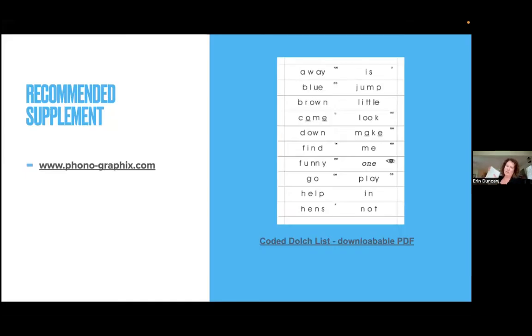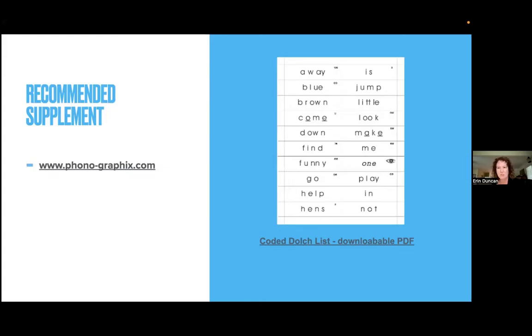And the last supplement I wanted to mention that you might be interested in at this level is the list of Dolch words that's been coded phonographically. Now, I think in the science of reading, the terminology that people are using now for this coding that Phono-Graphix started a long time ago is orthographic mapping, right?